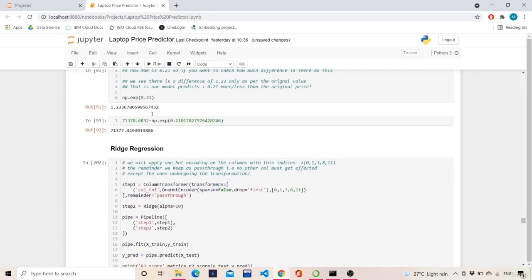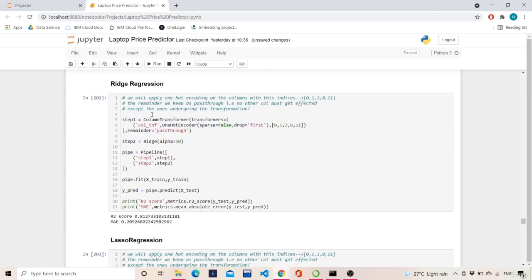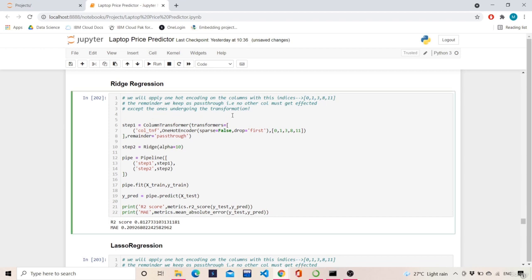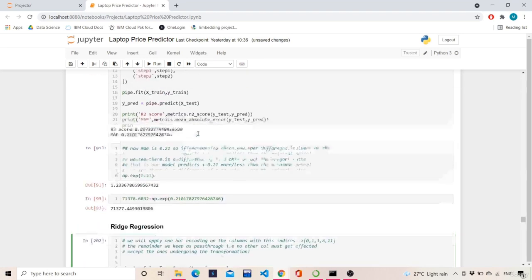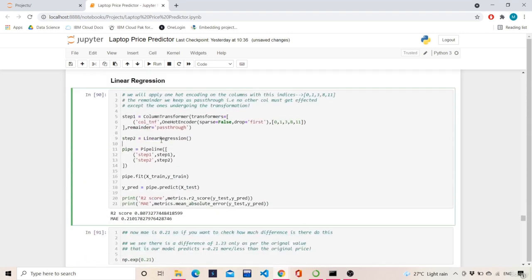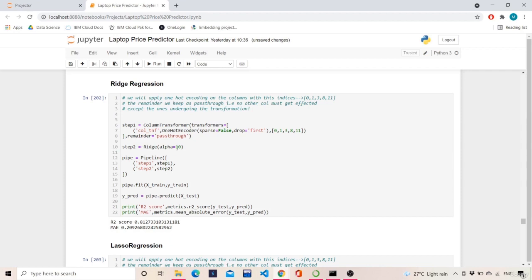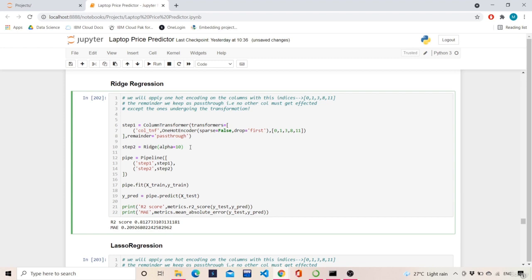Let's try out other models. Now we'll see the ridge regression model. The same concept, we will be applying the column transformer, that is nothing but one-hot encoding. The same procedure which I said in step 1 is followed. Then in step 2, instead of using the linear regression algorithm, we'll be using ridge regression. The speciality of ridge regression is that it has some hyperparameters, tunable parameters which we can tune using hyperparameter tuning and get good results.